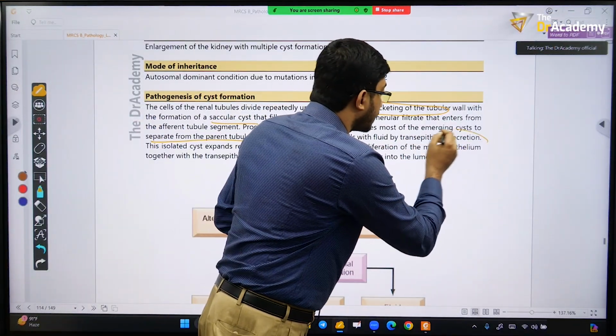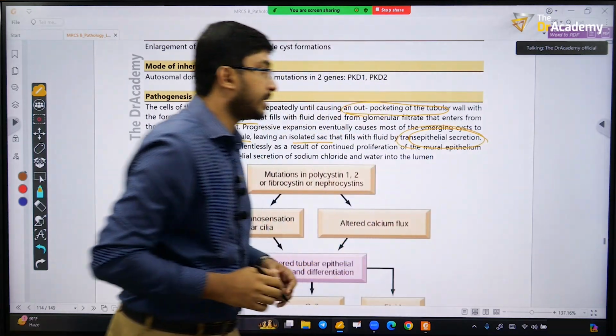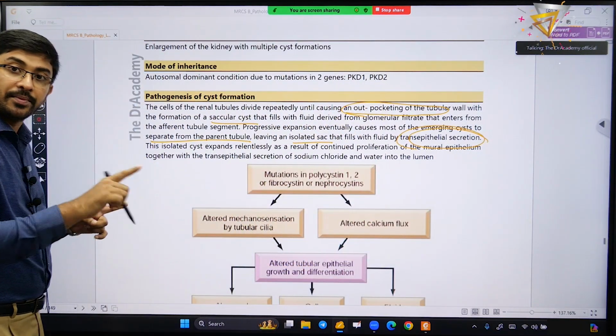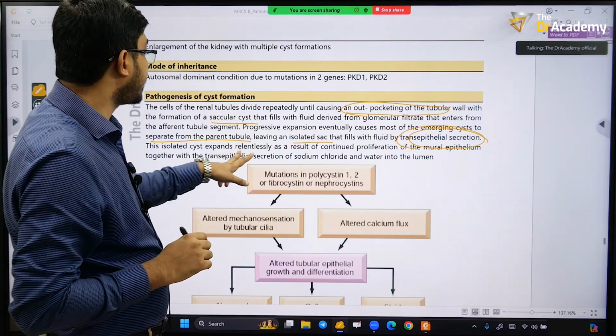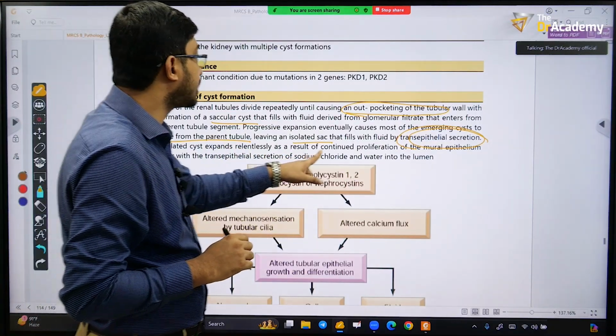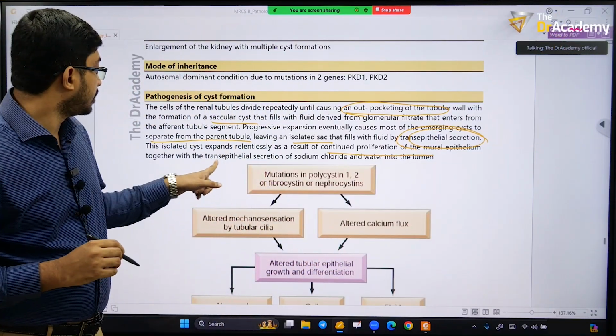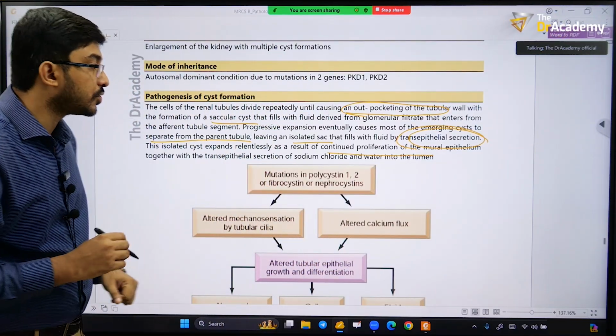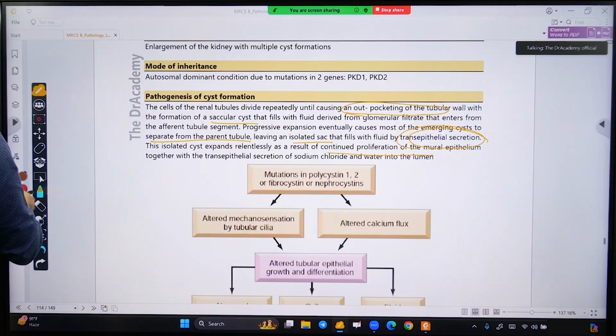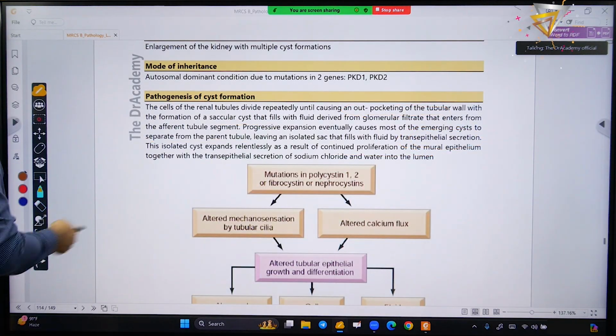Mind it, the mode of secretion is transepithelial secretion in between the epithelium. And this isolated cyst expands relentlessly as a result of continuous proliferation and with the transepithelial secretion of sodium chloride and water into the lumen. So this is the basic pathology of